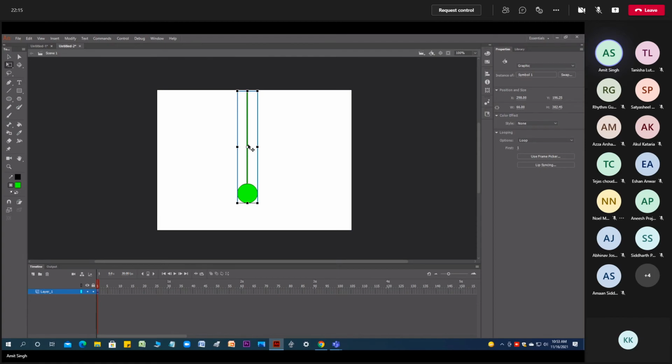So we need to use rotation for that. If I rotate this, it's from the center. So this kind of animation you can also do. Probably you remember there's a toy, a duck drinking water and then coming back. So by center also, and wherever you want, you can put it there.